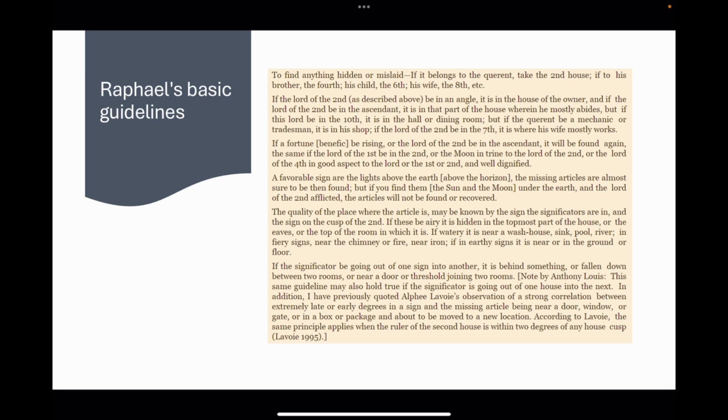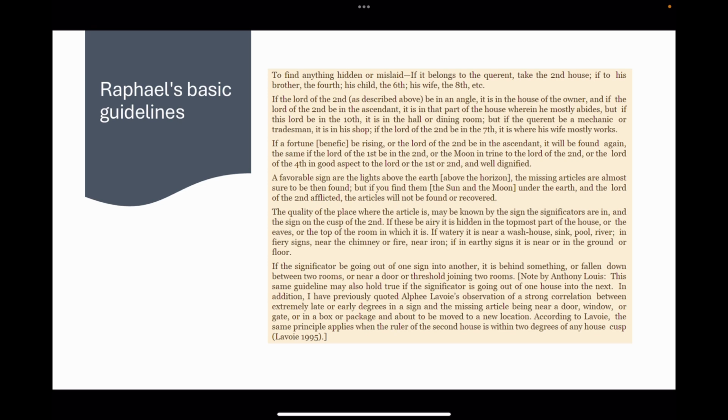If the significator is going out of one sign and into another, it is behind something or falling down between two rooms or near a door or threshold joining two rooms. This same guideline may also hold true if the significator is going out of one house and into the next. In addition, I have previously quoted